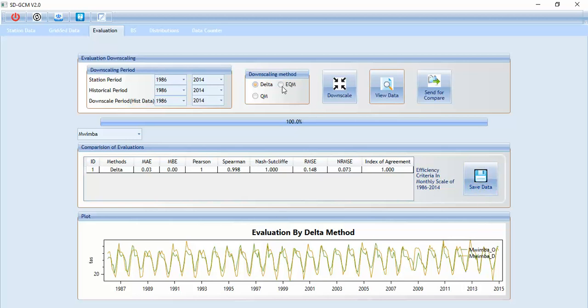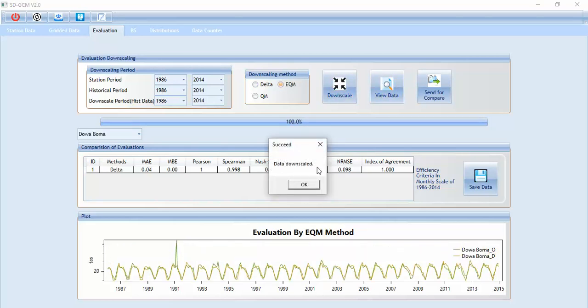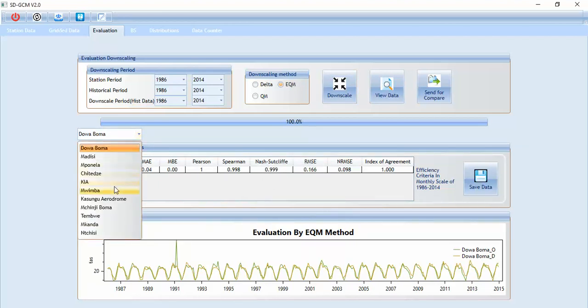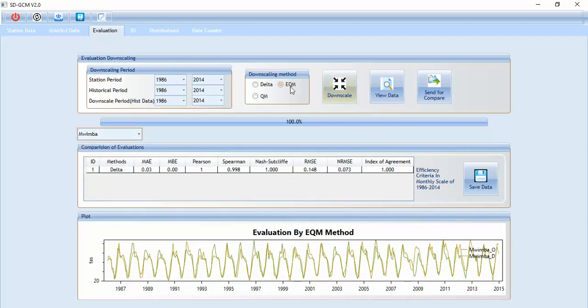If you want to try another method, you can click, for example, quantile map, and downscale, and the data downscale is done. Repeat it again to see the items here in quantile map, and this result is really good for quantile map downscale, and see the rest of the equations and the results. Okay,